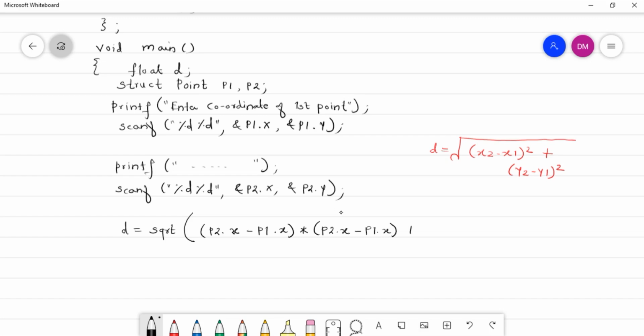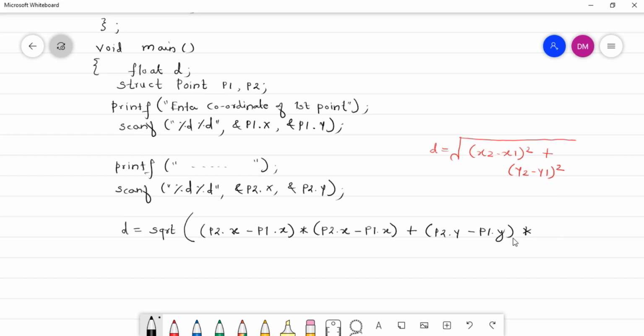Then after the plus sign, now we want to calculate the difference of the y coordinate of both the points. So which can be calculated as p2 dot y minus p1 dot y. So p2 dot y minus p1 dot y. Okay. Into, again we are going to take a square of this.